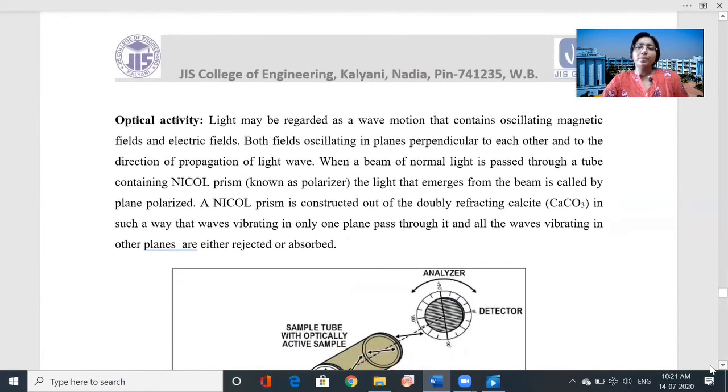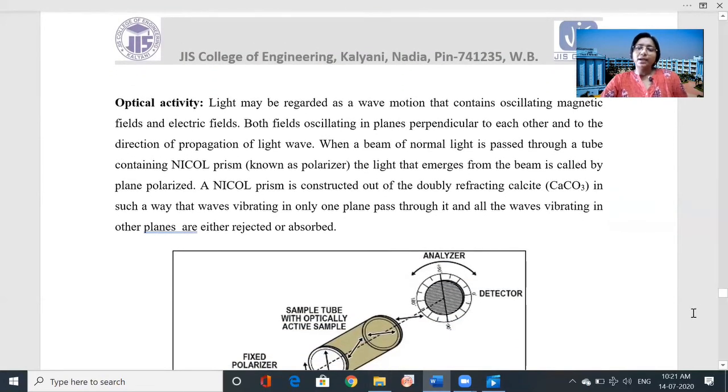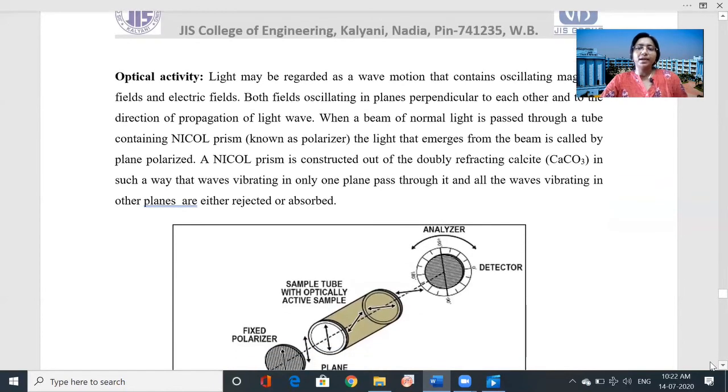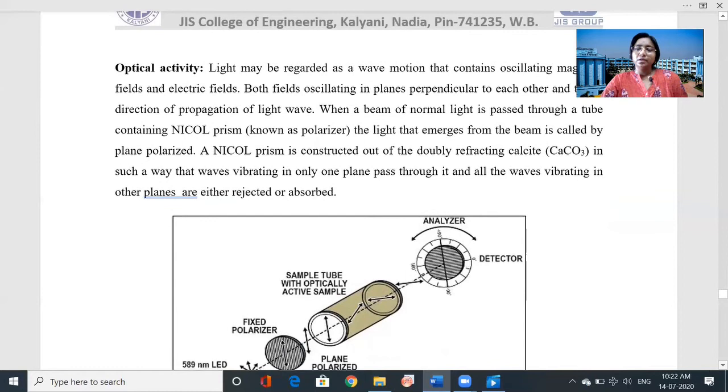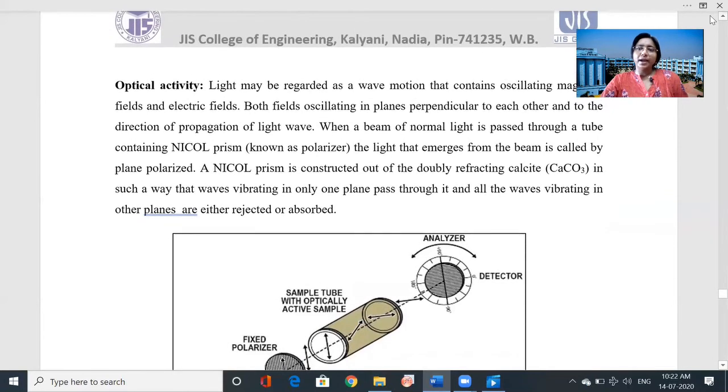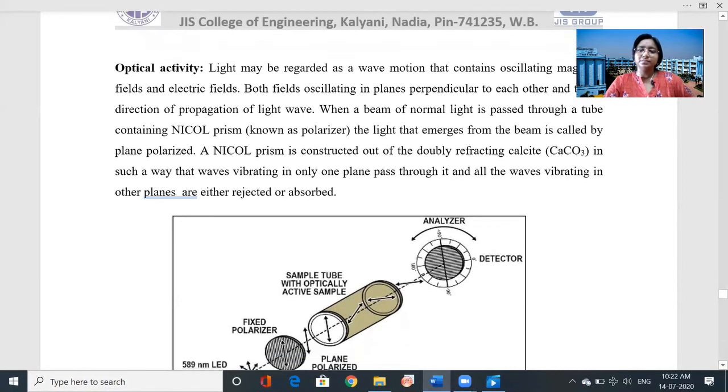Next is optical activity. Which molecules are optically active and which are not? Basically, if we pass plane polarized light through a molecule and it can rotate it, change the direction of the light, then it is called an optically active molecule. It can rotate clockwise or anti-clockwise. Now I will show one video of how it works, then you will be more clear about this.